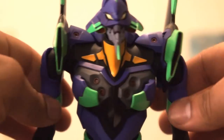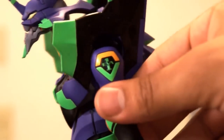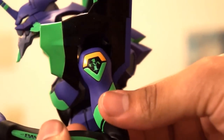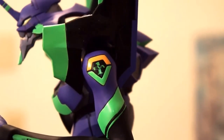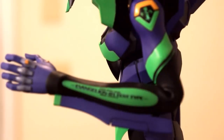All right, and then he has double joints in the elbows, and it gets all the way up there. Okay, I could force it, but I'm not, just because it's rubber tubing. But his hand can go all the way up. It's definitely shown that it can be done, and it more than likely can be done. I just don't want to do it clearly. Which, if I had to show you right next to it,